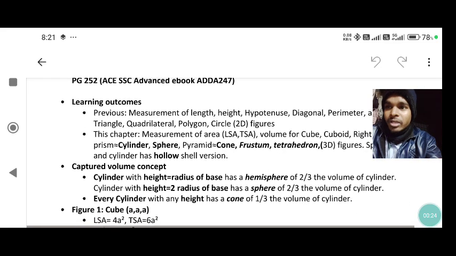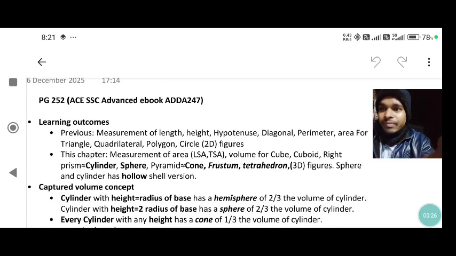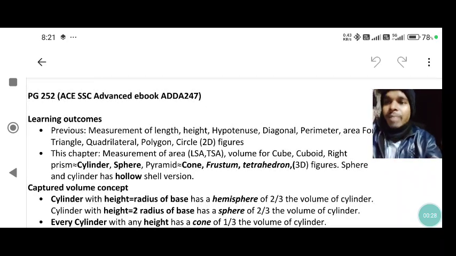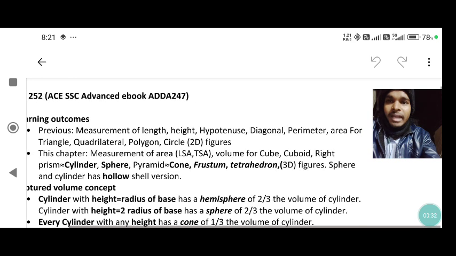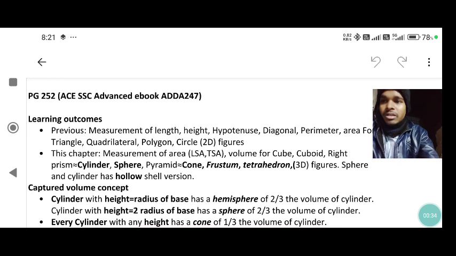The learning outcomes. In the previous chapter, you learned about the measurement of length, hypotenuse, height, diagonal, perimeter, and area of triangle, quadrilateral, polygon, and circle, and these are all based on 2D figures. But in this chapter you are going to measure area in terms of lateral surface area and total surface area, and the volume of a cube, cuboid, right prism,